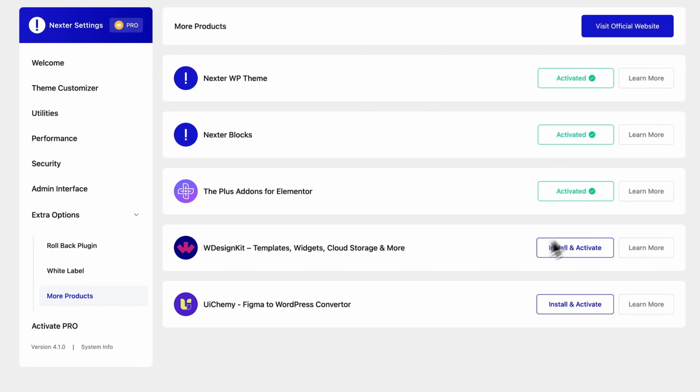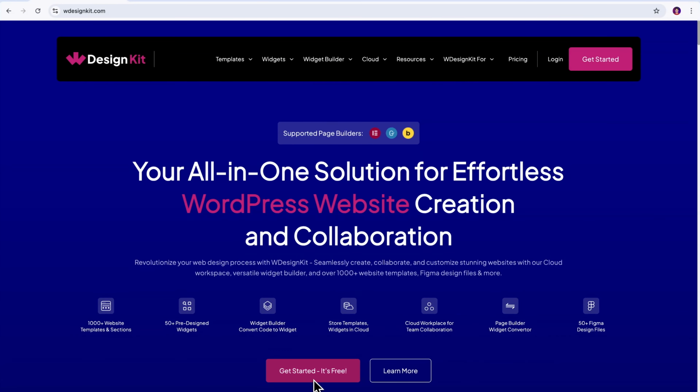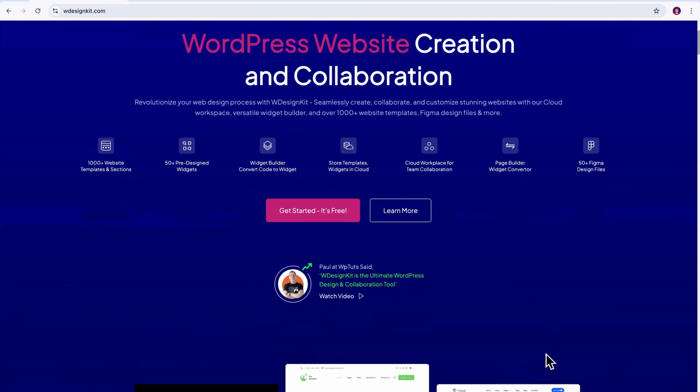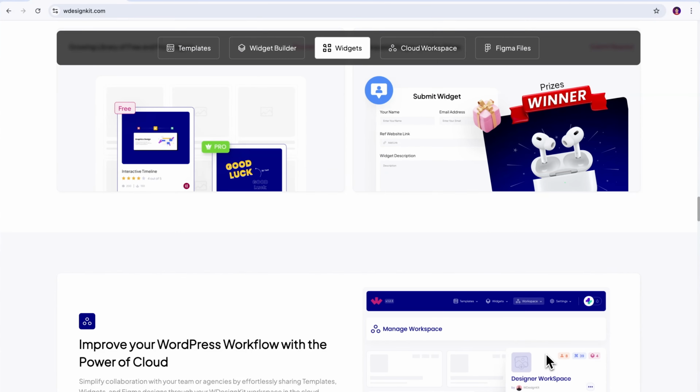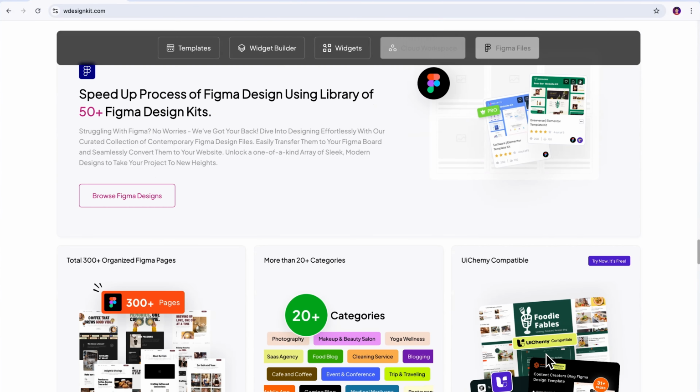Alright, next up, WDesign Kit. This one's a beast, my friend. It gives you access to templates, pre-built widgets, cloud-based content saving and syncing, and you can also import full pages with just a few clicks or save your own custom sections to reuse across different projects. It's super handy if you build a lot of websites, and if you want to move fast,